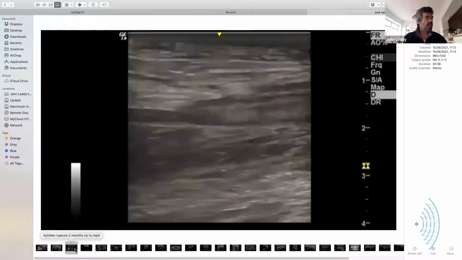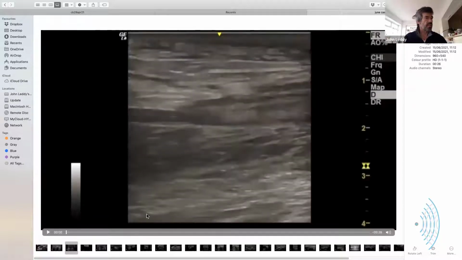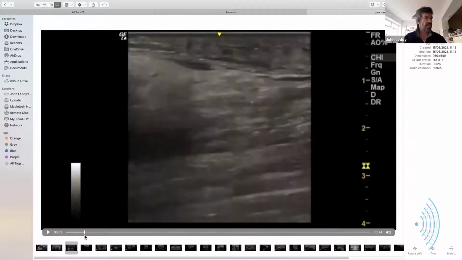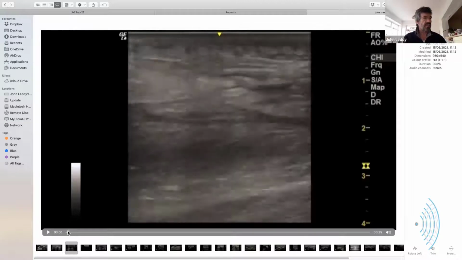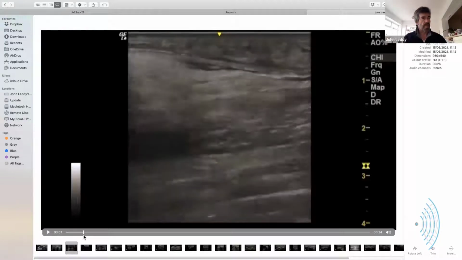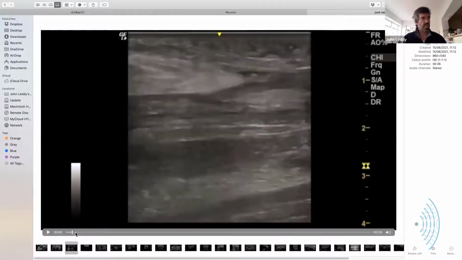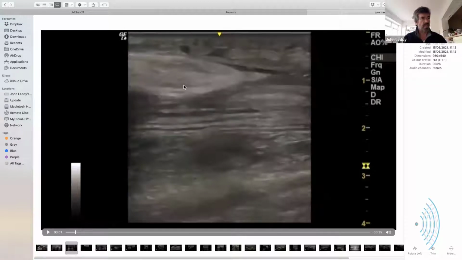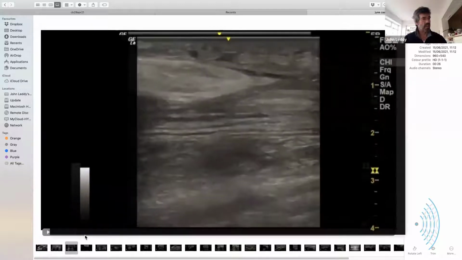So that was that. Achilles rupture. This was 2 months, I think, after it happened, and probably happened in 2 stages. So here you've got, and I didn't spend a lot of time looking at it because it was a ruptured Achilles, but they've also ruptured their medial gastrocs up at the top,